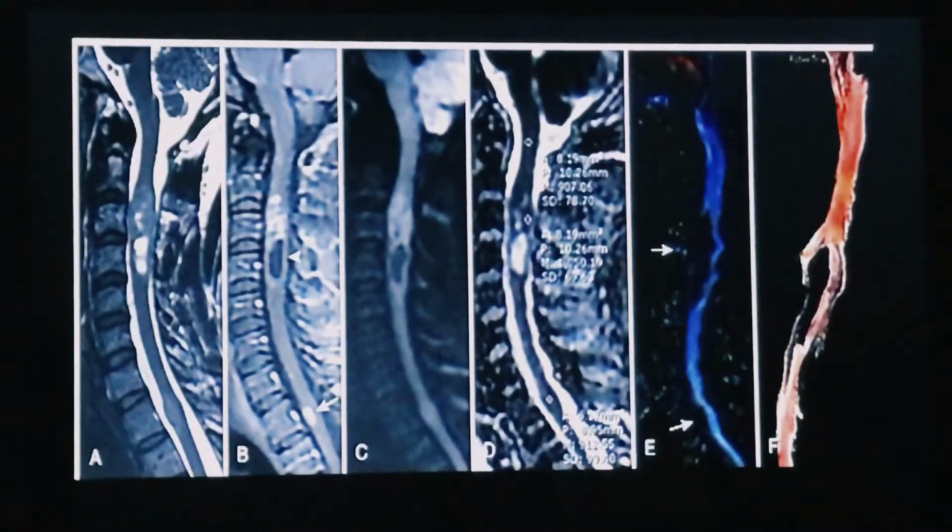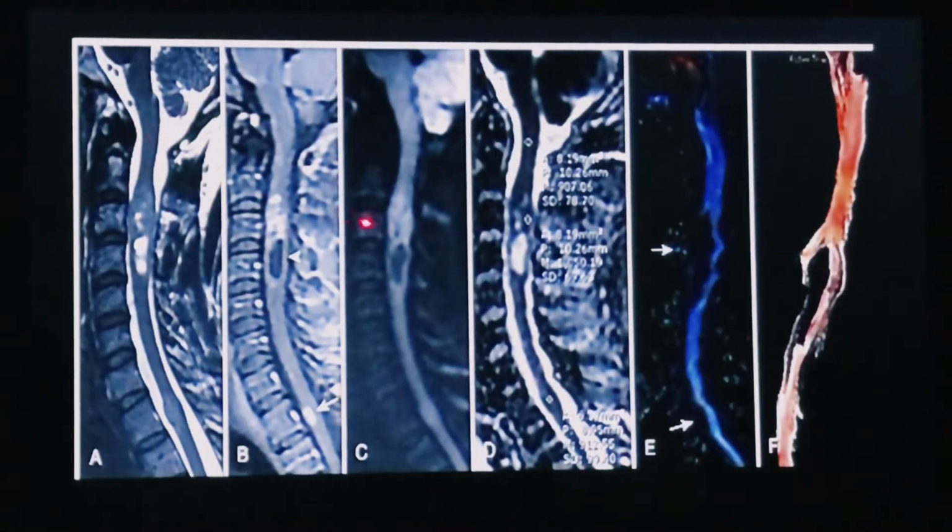This is another case. This is a T2 weighted sagittal sequence. This is a post contrast T1 weighted fat sat sequence. On post contrast sequence we see this area of enhancement. It is a little ill defined, and also we can see over here an intratumoral cystic lesion. Around the cyst there is also enhancement. So this is an intratumoral part of the cyst which is showing enhancement.